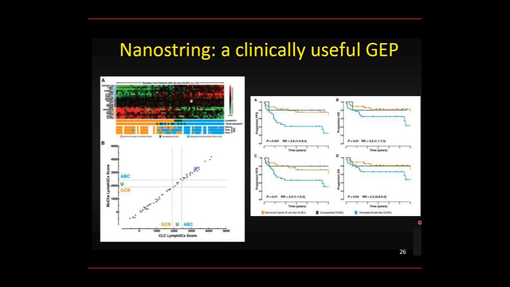This is a machine that has been recently associated to clinical trials, meaning that new drugs that are under approval for diffuse large B-cell lymphoma might require this specific test